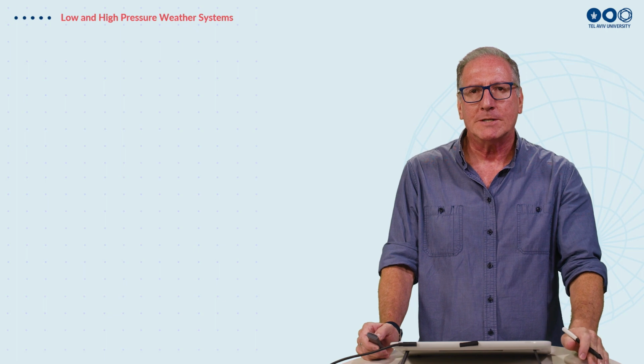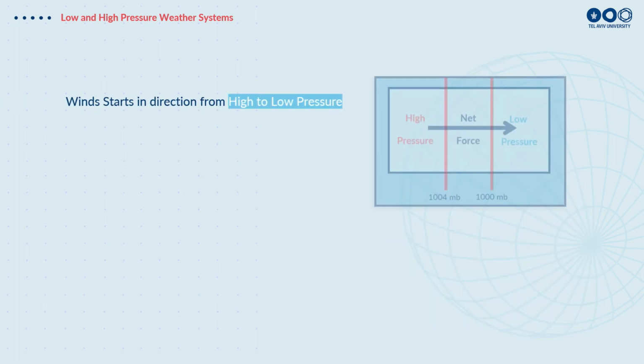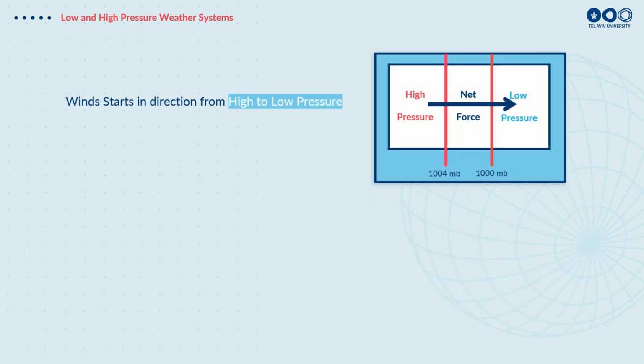Now let's take a look at individual weather systems and how we develop storms in the atmosphere. When we're looking at winds in the atmosphere, the reason we have winds is because we have differences in pressure at the surface. Some areas have higher pressure, lower pressure. If the air pressure was the same everywhere, we would have no motion in the atmosphere.